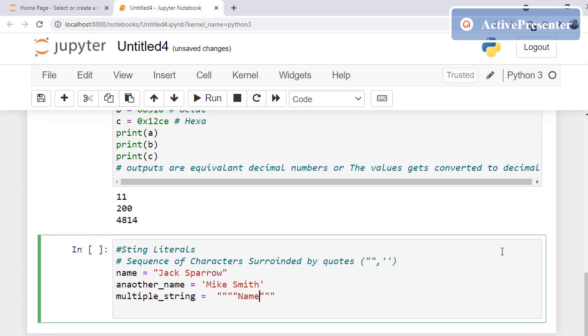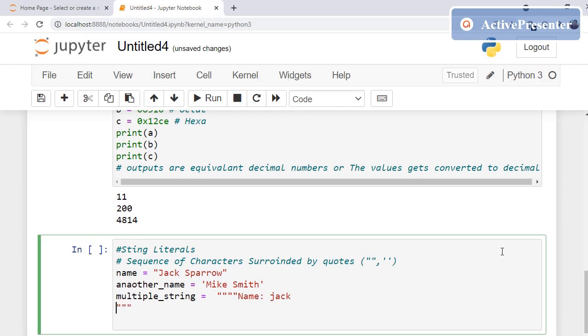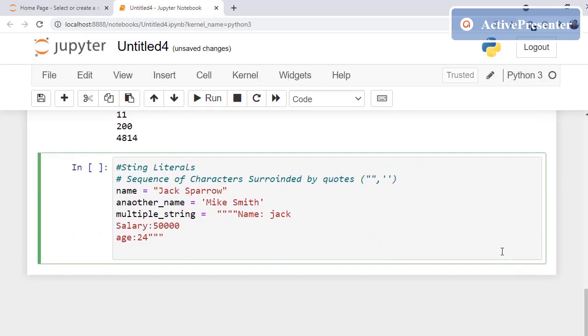We'll write name Jack, then salary 50,000. Then hit enter, and you can write age 24. Okay, so this is how it can be written.